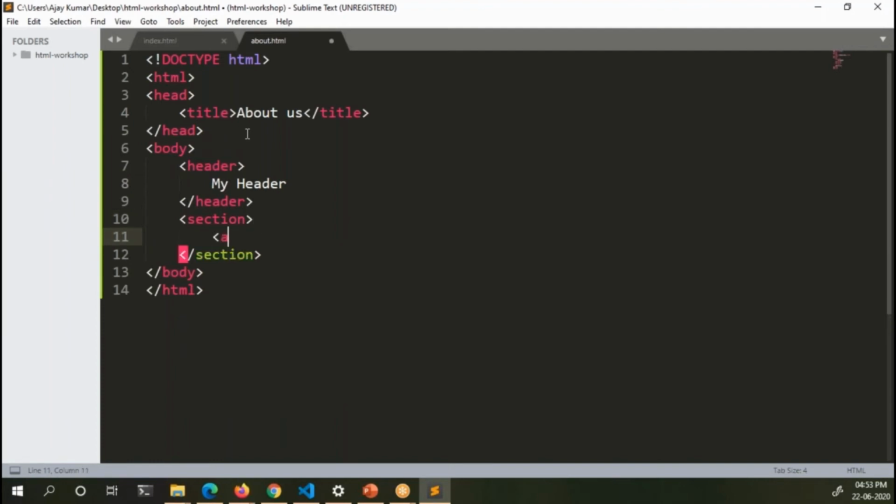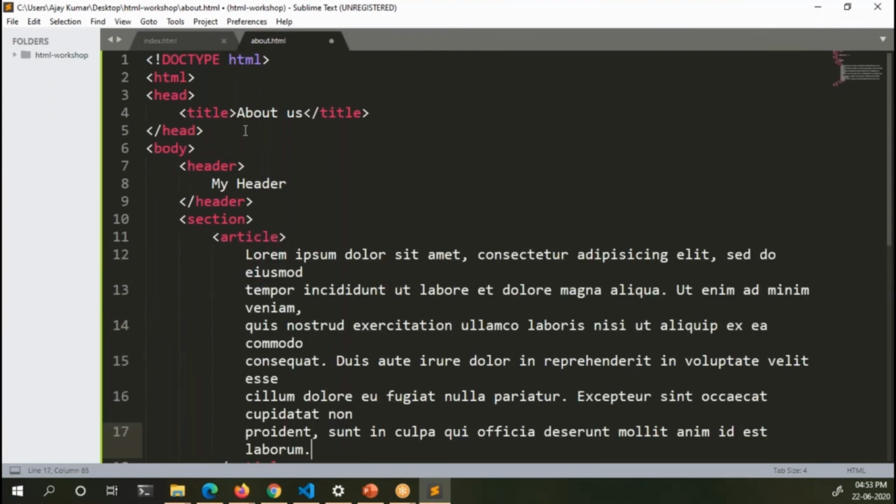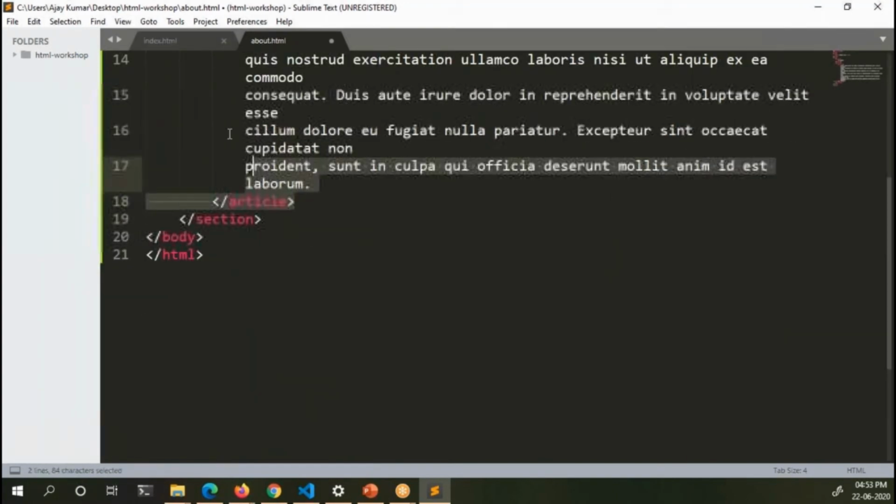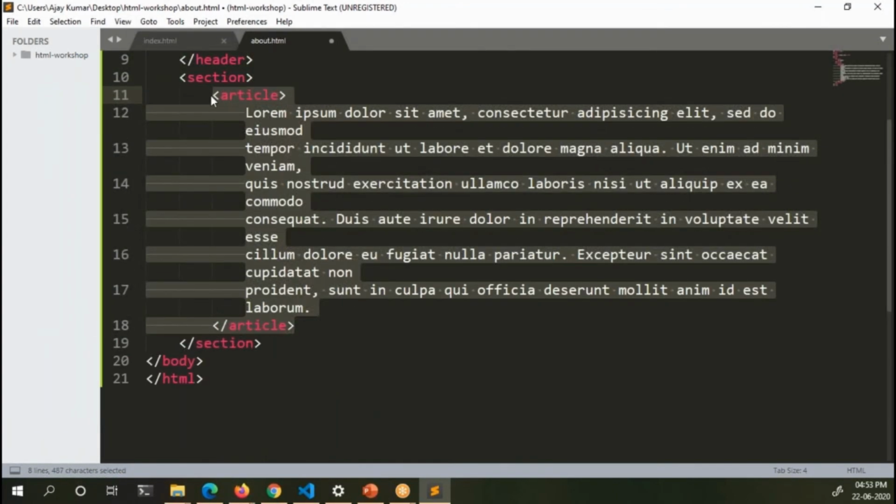Inside section you can have articles, some random text, just playing.